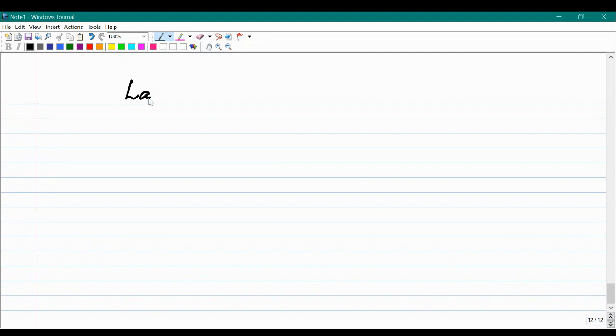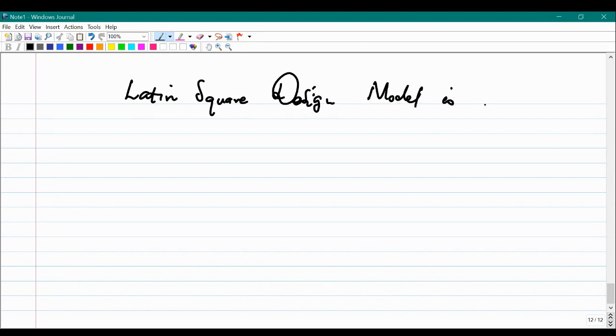For example, the Latin square design model is given by y_ijk, which is equal to